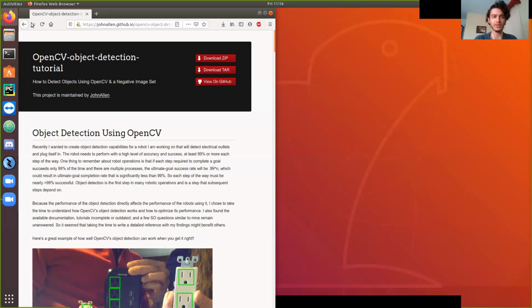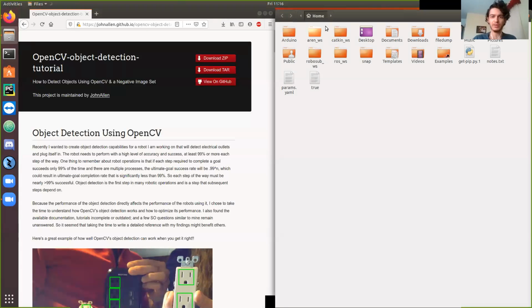But yeah, that's the easy part, choosing your object and then taking all of those photos. For my phone, I have an iPhone, and sadly, the way iPhones take photos is they save it as an HEIC file. So if I open my file explorer over here,